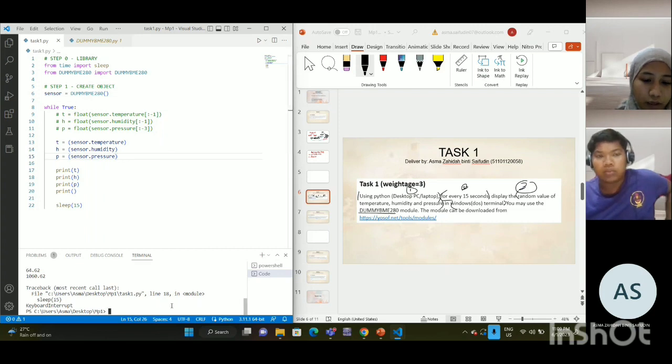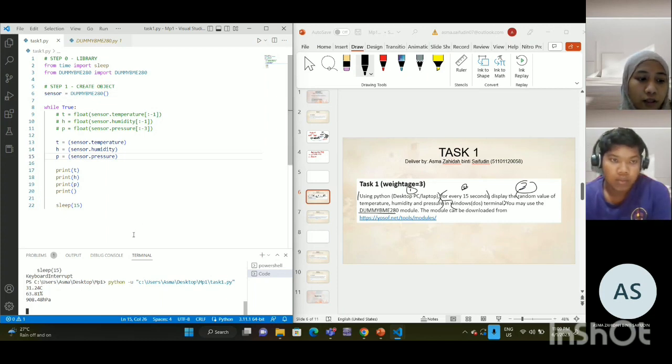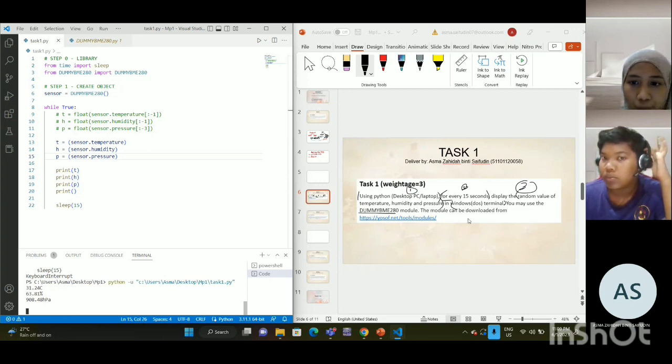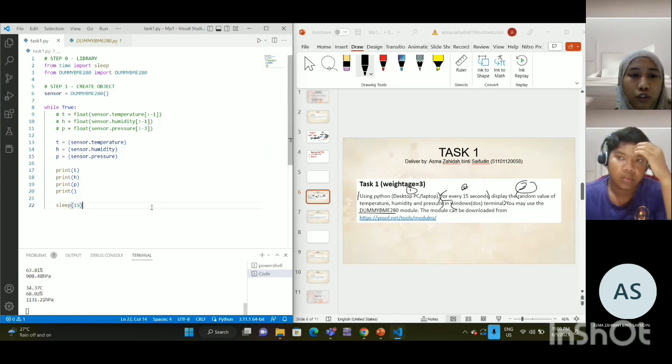Save and then run again. So now it has the unit. Whichever way you are comfortable with, you can just make your code that way. Either this way or the other way that I just showed before, it still fulfills all the requirements. So now I will move